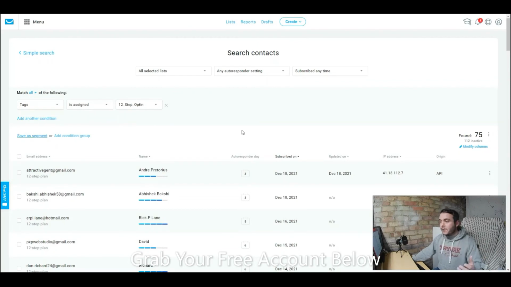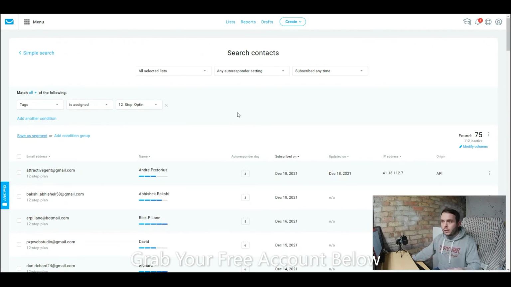And why this is so important is because, as I said before, when you're sending email broadcasts and as your list grows, some people are going to be inside email automations or email autoresponders. You can apply those tags, so when they go inside that automation, they get a tag applied saying they're inside an automation. You can save that as a segment, so anyone going through that automation,